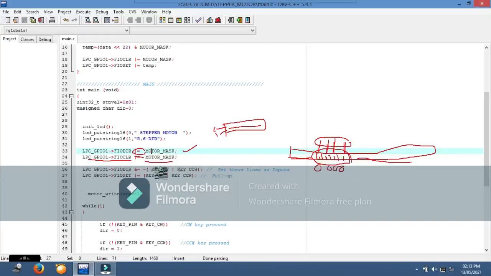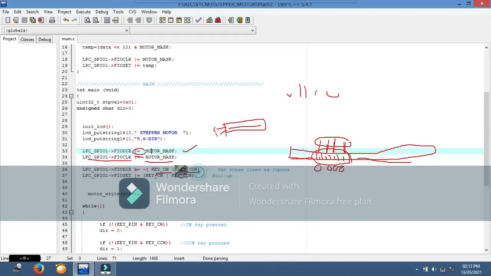Okay, next we have 2 keys we are using, key CW, key CCW. Key CW means the 18th bit is 1, remaining all 0. Key CCW means the 19th bit is 1, remaining all zeros. When you add these together, it will give you one ORing value, where the 18th and 19th bits are 1, remaining all bits are 0.